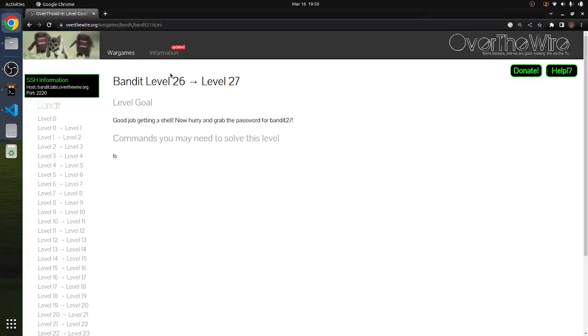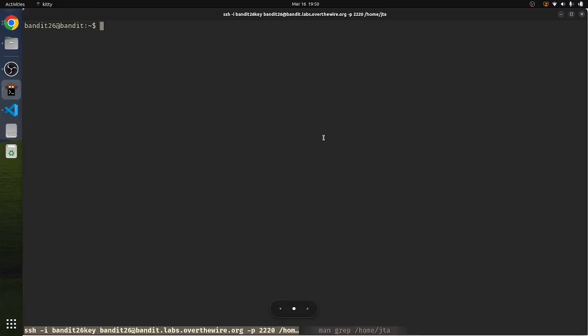Alright, level 26 to level 27, good job of getting a shell. Now hurry and grab the password. We already did something like this before. We have a bandit27-do, so we know we could just run that, bandit27-do cat /etc/